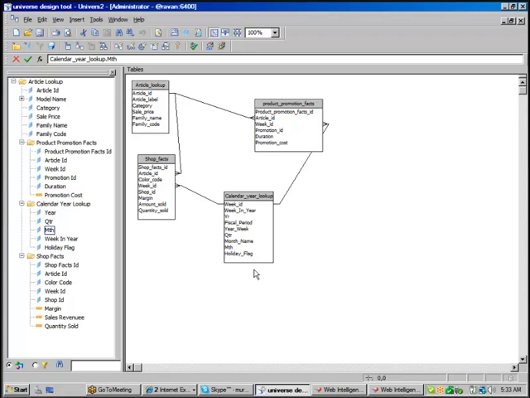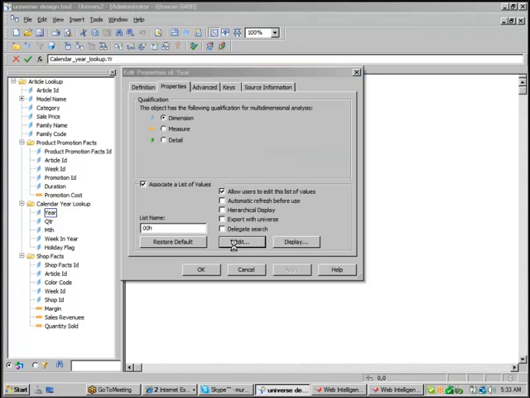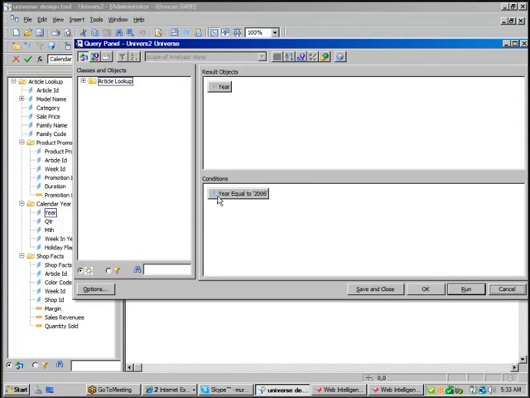Okay, done. Till now we talked about how to control LOVs. If you want to control LOVs for any object, we just need to double click on that particular object, go to properties, click on edit, and put a condition in the condition tab.